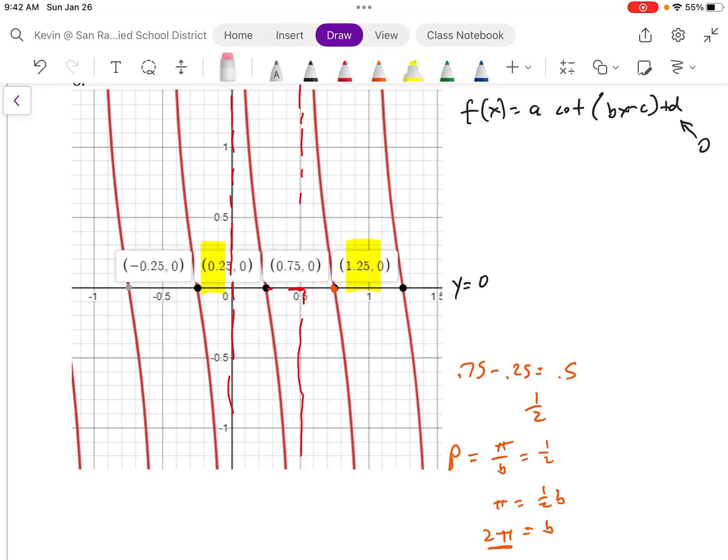And then for our A, let me clean this off a little bit. We have an asymptote right here. So we go halfway between where the graph crosses the midline and our asymptote, and we go down until we hit the graph. So come down here, and we hit the graph at 1. Or if we were coming up here, we'd hit the graph at 1, and that's halfway in between. So our A is 1. So for this equation, it's going to be simply f of x equals cotangent of